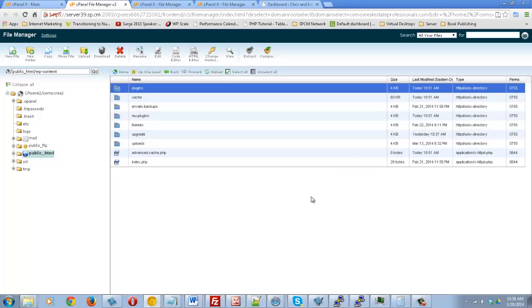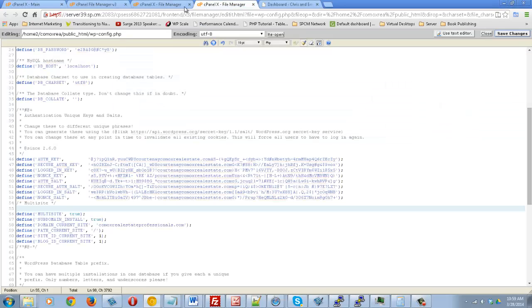And when there are plugins that are already activated and you want to go straight back to it, that's actually the simplest way to disable everything. And then once you rename it back, it will automatically reactivate everything. So now the folder has been renamed. We're going to go back